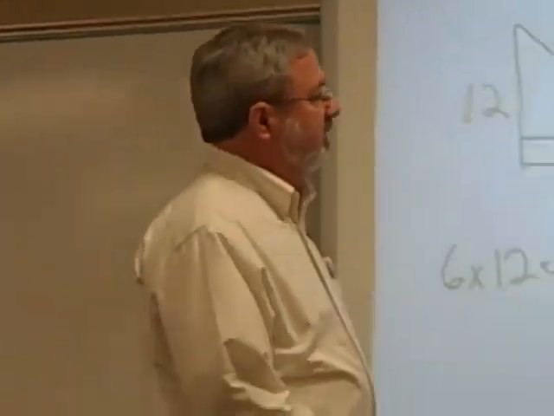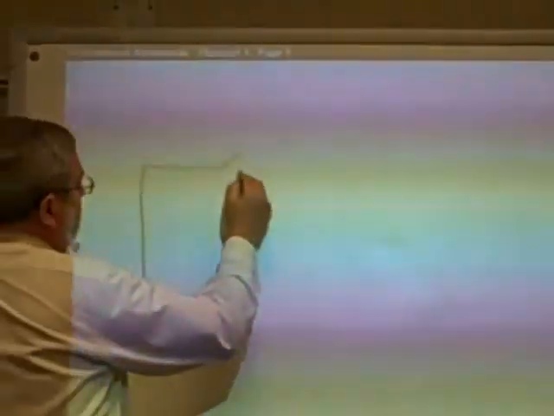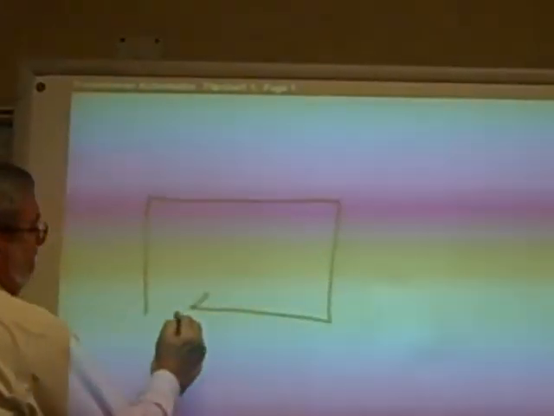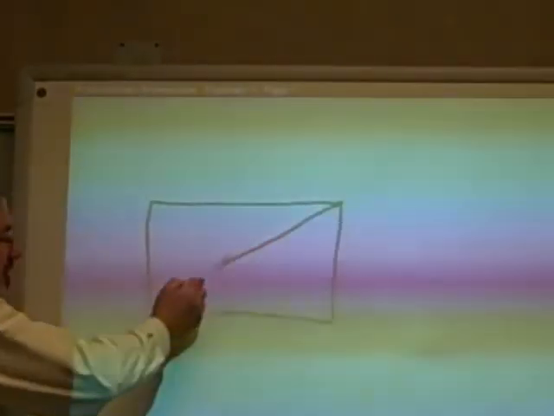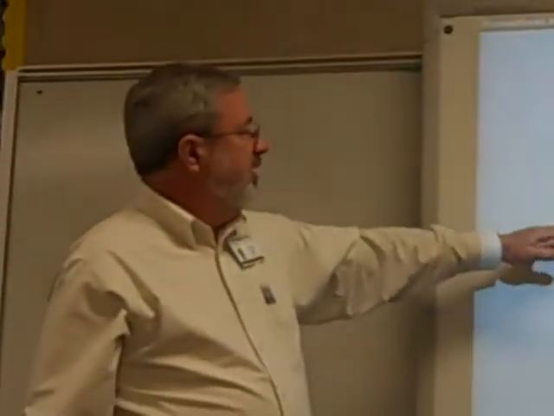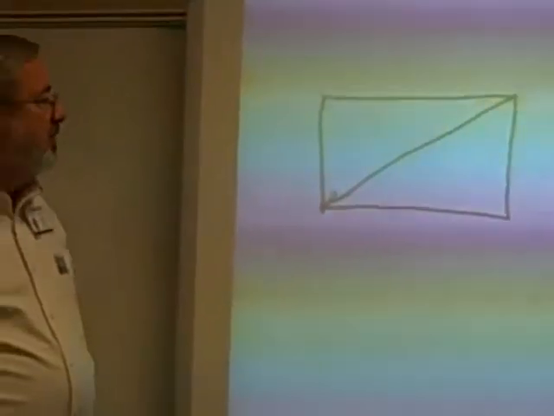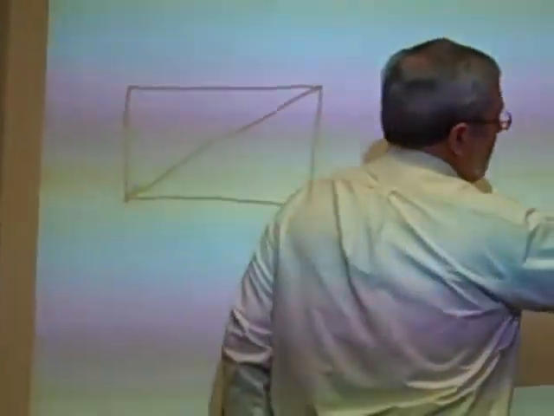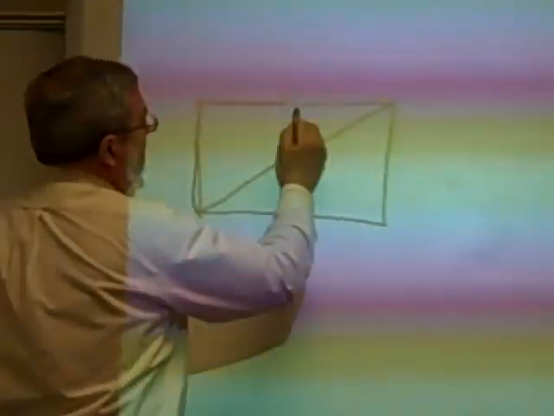Now, let's go back and look just a minute and see if we can determine why we're going to do that. Most of us by now realize that if I take a rectangle and draw a diagonal line from this corner all the way over here, as best my drawing is, and cut this rectangle in half that way, what have I just formed? I have now formed 2 triangles. One here on top,